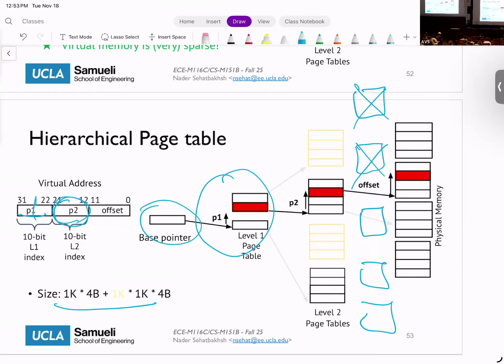All of it is physical memory, so these tables are also part of the physical memory. The reason I'm differentiating between them is that those physical memories are where I'm actually storing the actual content. This is just for the page table, but all of it is physical memory. There's nothing but physical memory in our system.